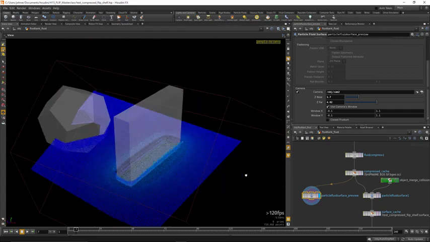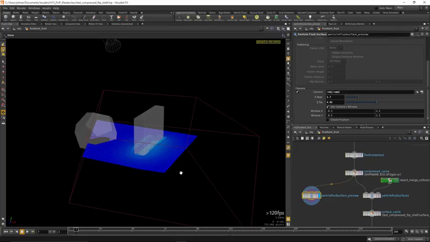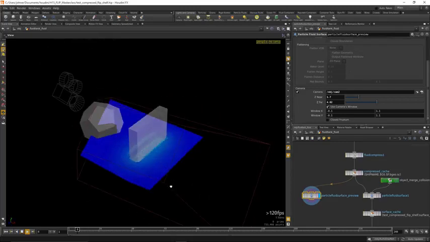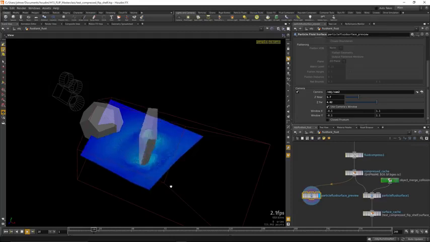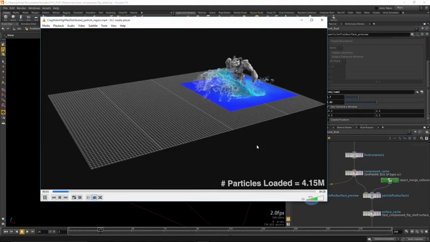So again, if you've got a dynamic camera or a close-up camera in a large simulation, you can actually work on previewing this and looking at your data without loading the full data representation off the disk. So just to see a larger scale example of this, this is the original sim that I was showing